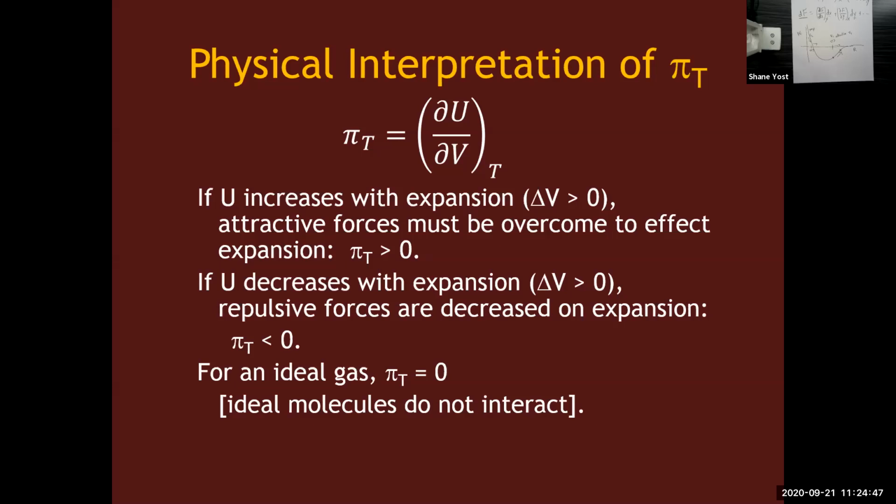And pi sub t is not going to be necessarily a constant with volume or pressure, just like C_V technically isn't constant with temperature. Now, we often assume the heat capacity is constant with temperature, but it's not always. And so the same thing is with your internal pressure. The internal pressure is not always constant with the volume, but typically we just assume it is, okay? Whatever volume range we're thinking, we assume pi sub t is constant.